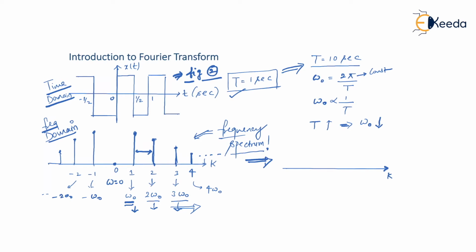Again, this is the k axis. This is k equal to 0, k equal to 1, k equal to 2, k equal to 3. This is k equal to -1, k equal to -2, and so on. Of course, at the DC component, we have 0. At k equal to 1, the fundamental component, we had a certain amplitude. At k equal to 2, we have lesser amplitude. At k equal to 3, this value keeps on decreasing. The similar structure gets copied on the negative k axis, so we get a similar structure here also.